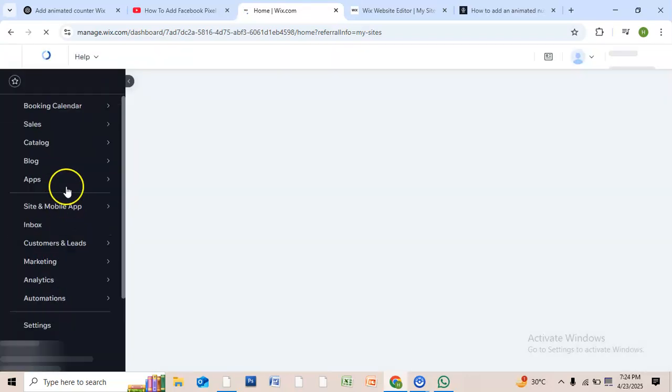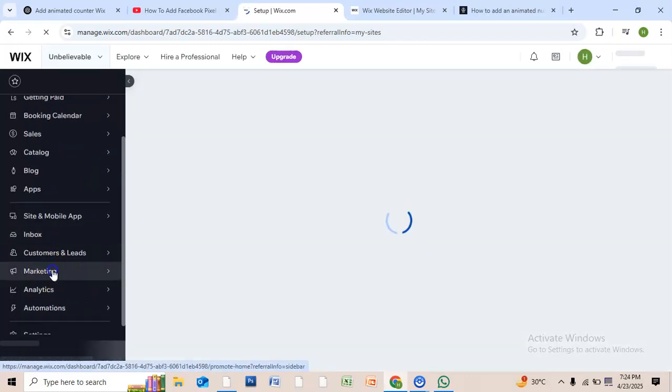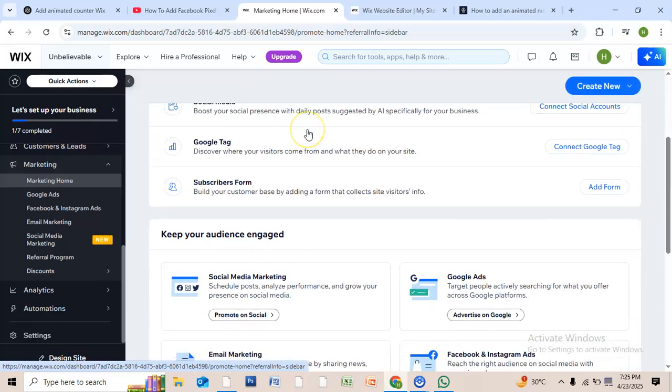Search for it. You see here, marketing. Just click on it. Now here you can see an option, marketing home. Select it, and here you can see